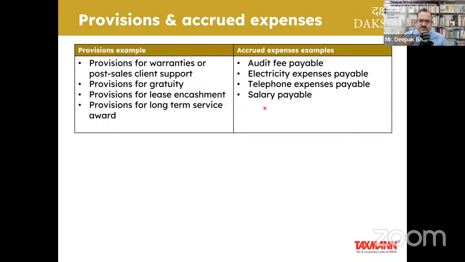Similarly, audit fee. Let's say somebody is paying an audit fee of, let's say, 2 lakh rupees to Deepak Bholusaria, and Deepak Bholusaria is signing that balance sheet. Obviously he will make a provision, audit fee debit to provision, or audit fee payable, or whatever you call it. Doesn't it mean that this amount needs to be paid to me? Isn't the supplier of that service identified? It is. So basically, it is an expense which we also call accrued but not due. Because of cutoff, you need to make some accruals also. That is the basic fundamental of accrual accounting.